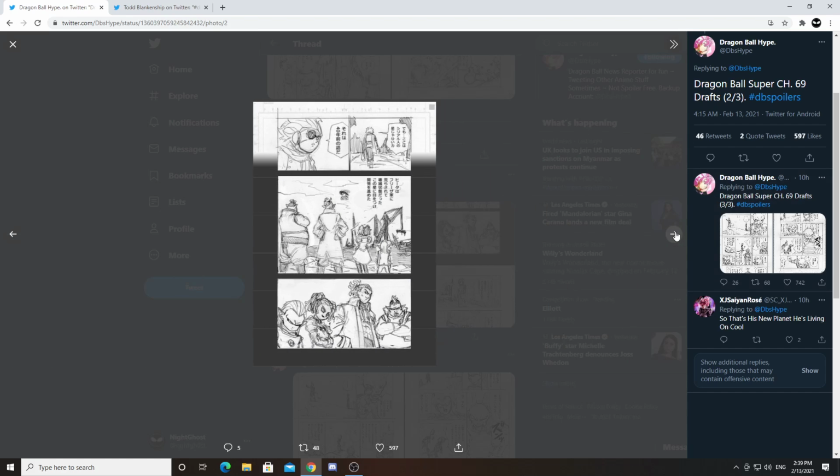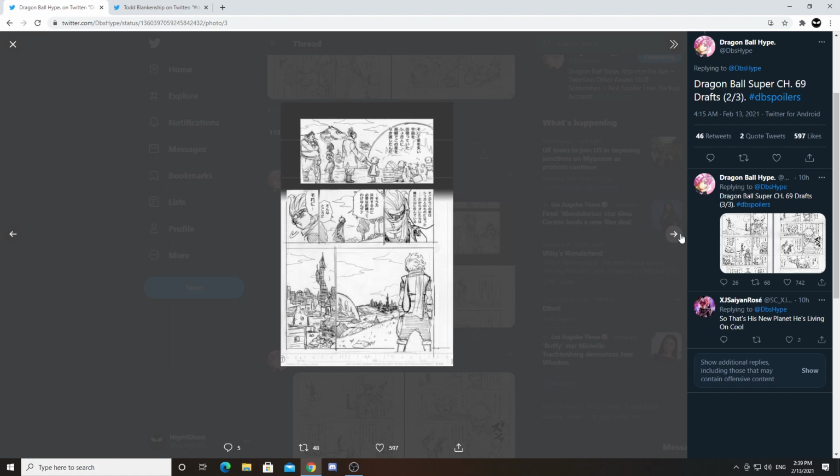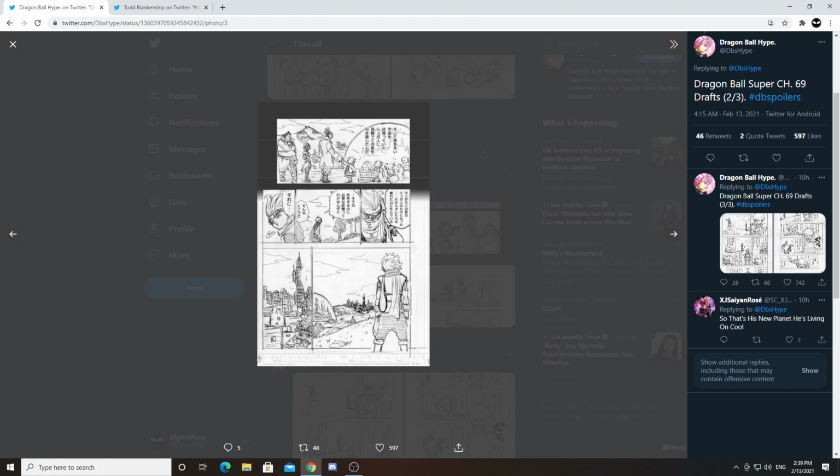Now this is where we get to something very interesting. So he remembers back when I guess the city was sort of still being built. You can see the Hida gang right there. Now I'm actually curious as to what their involvement here is, but it seems like they did help in the reconstruction of